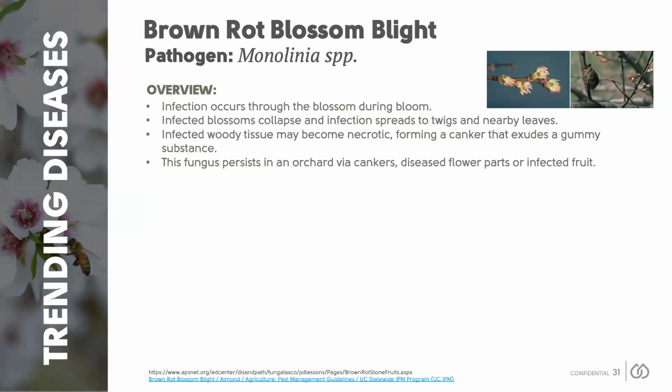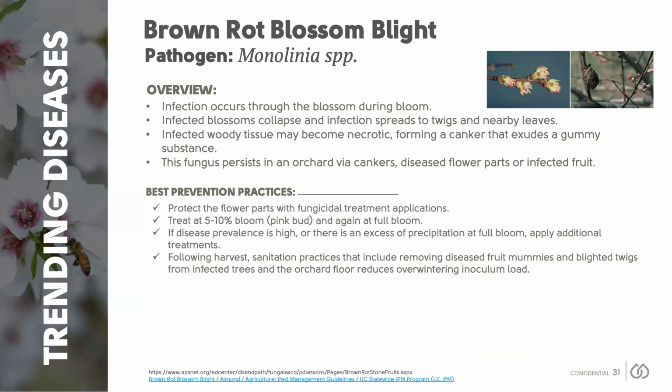Monilinia can infect through the blossoms during flowering and can have heightened prevalence if there is an excess of precipitation during bloom. Blossom infection leads to collapse of the flower, and the infection then spreads to adjacent twigs and nearby leaves. If the disease takes hold in the woody tissue, necrotic lesions called cankers may form, and they exude a